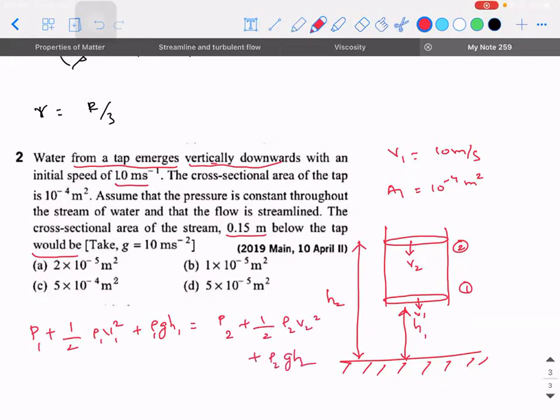There is something wrong in what I wrote. Correct it. So the density. Yes, because I told it's an ideal fluid, its density has to be constant. Okay, and according to this question, there is something else that I need to connect. There is some important information given. Assume something.